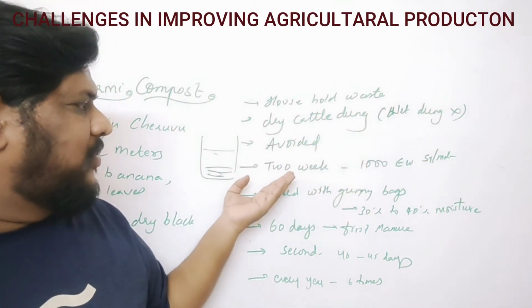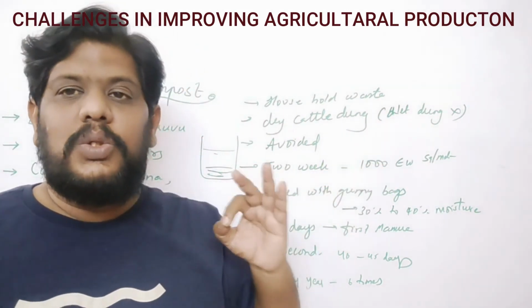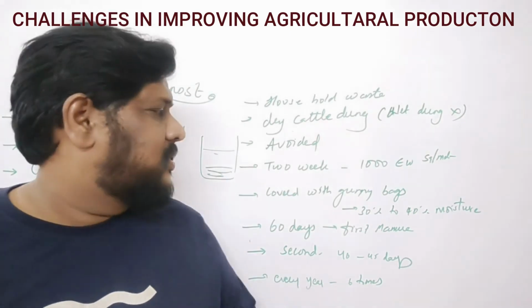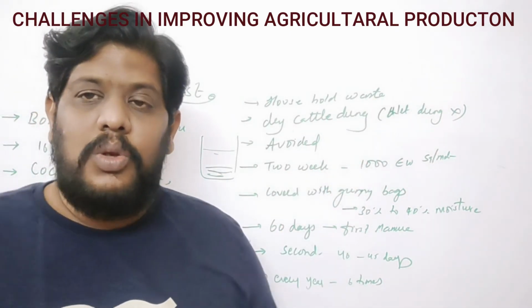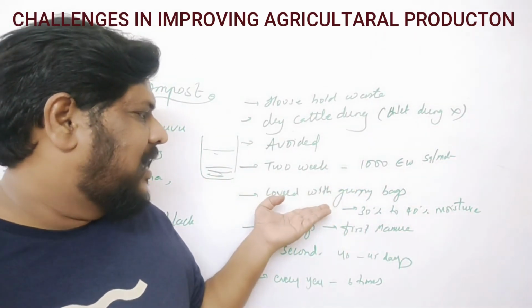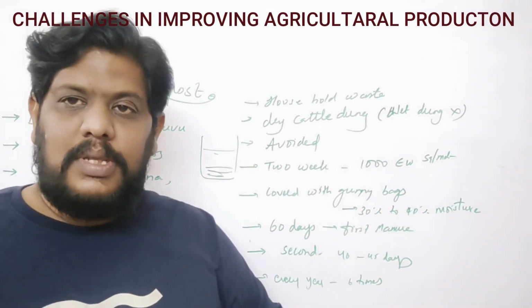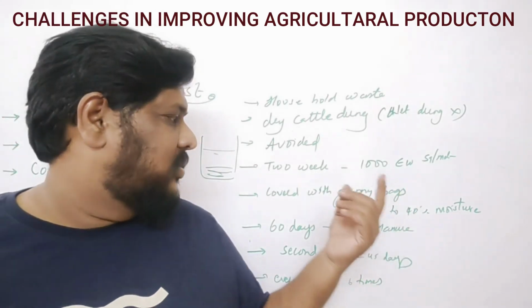And after 2 weeks, they added around 1,000 earthworms per square meter. Per square meter, how many earthworms did they add? Around 1,000 earthworms. Okay, and now you know what the earthworms do. So they covered the complete pit with gunny bags. The gunny bags in which rice is packed, those are called gunny bags. So they covered it,